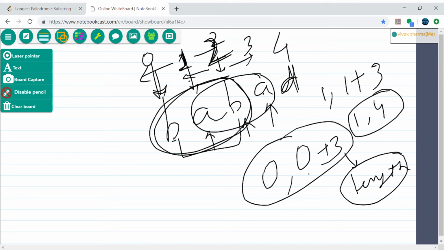But here I still want to mention two cases that we need to handle with this approach. The two cases are: if my string length is 2, so this is the even length, right? And if I start from 0 itself, then basically I need to pass the end index as well, that is 0 and 1, so that I can easily compare, right? And if my